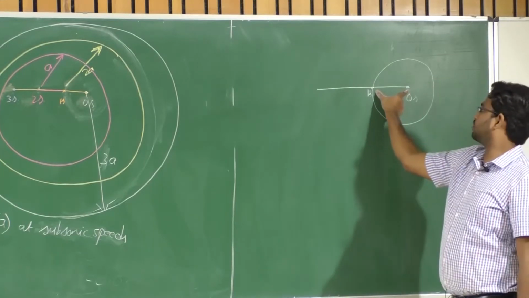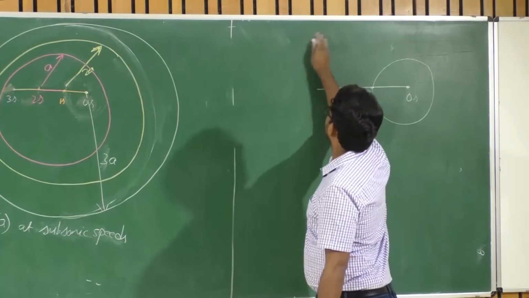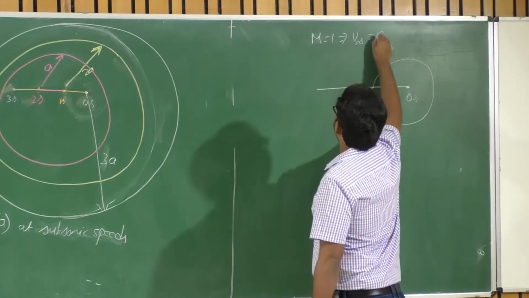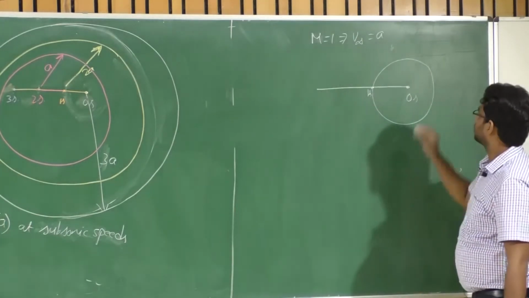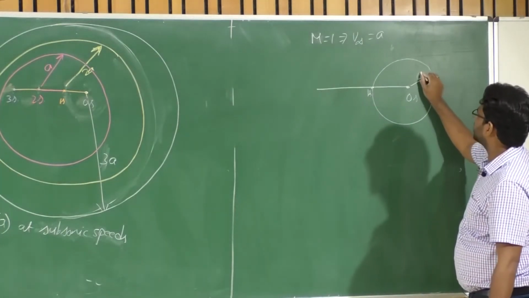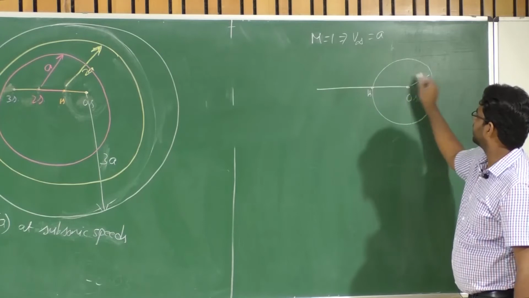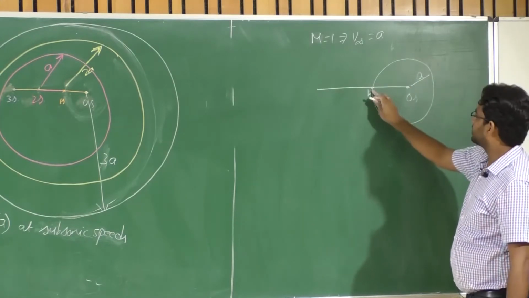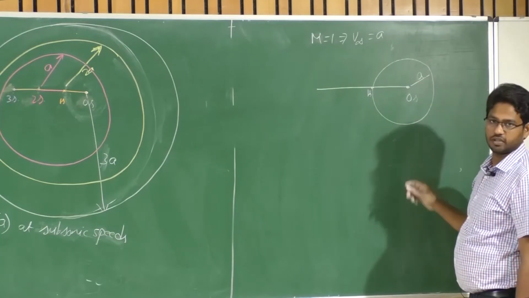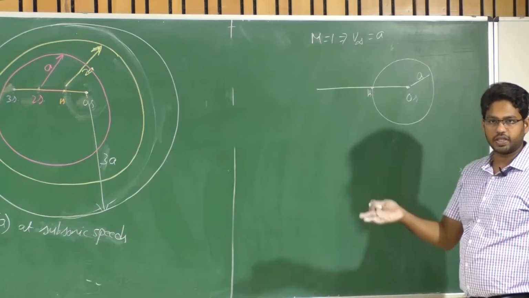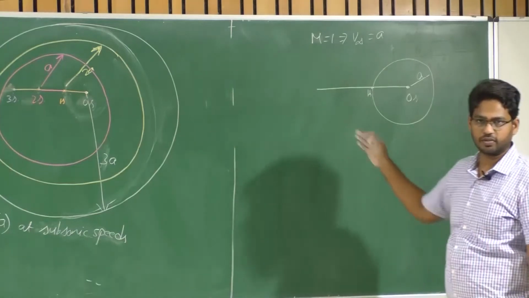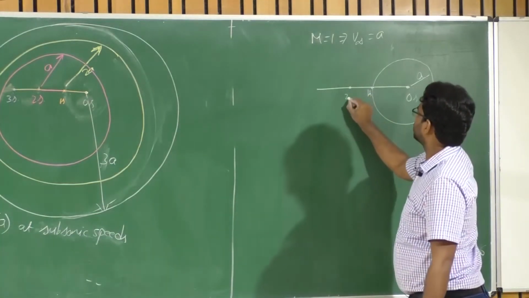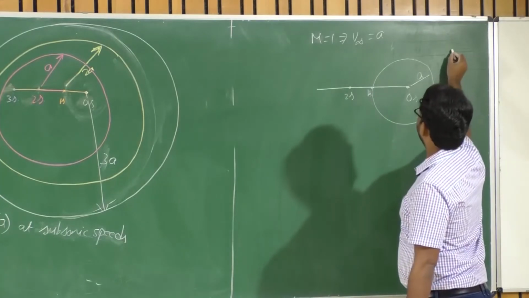Why? Because you are also moving at a velocity equal to, say, Mach 1, which means the velocity of your flight vehicle is the velocity of sound, right? So within 1 second, you are here and the disturbance, which was initiated here, has also traveled a distance a times t, which equals V times delta t. Here delta t is 1, right? So the same disturbance when you are at 2 seconds, right? What will happen to the same disturbance?